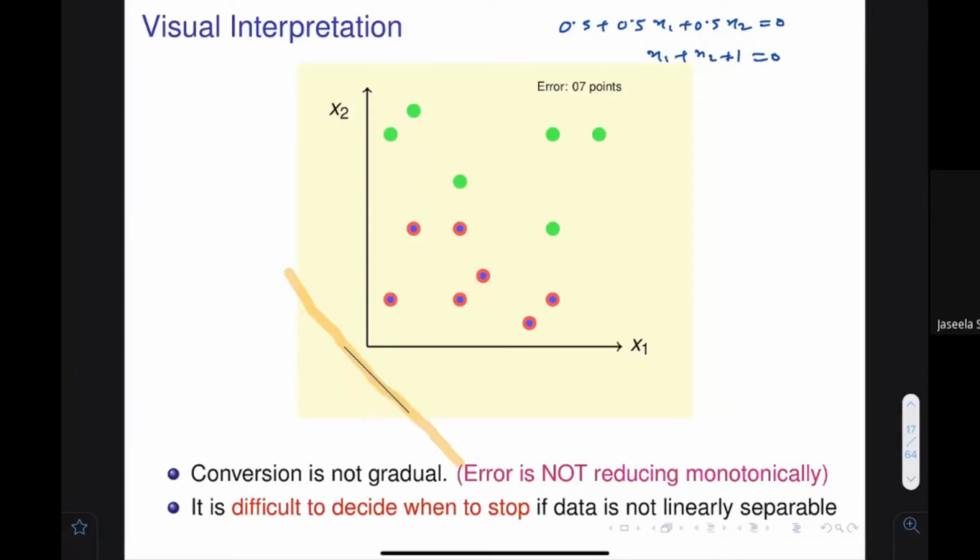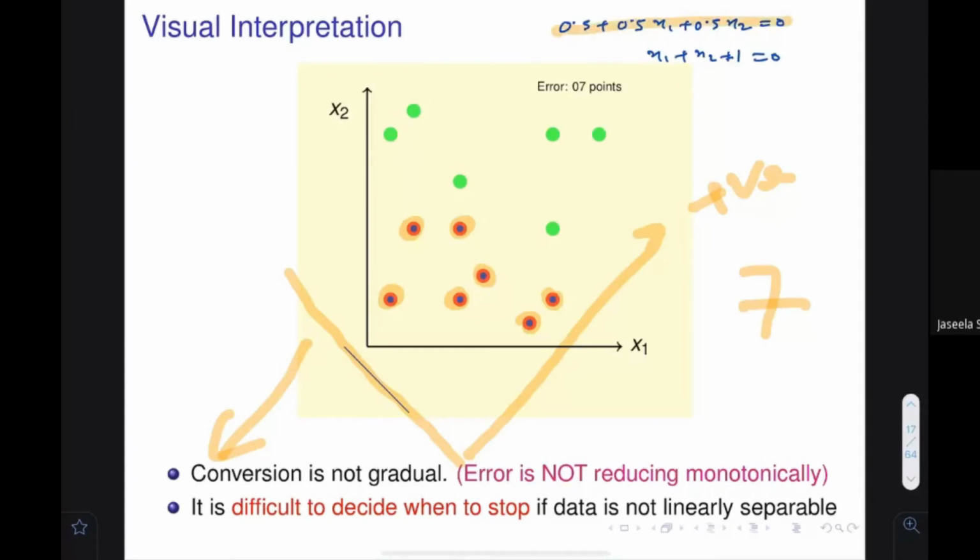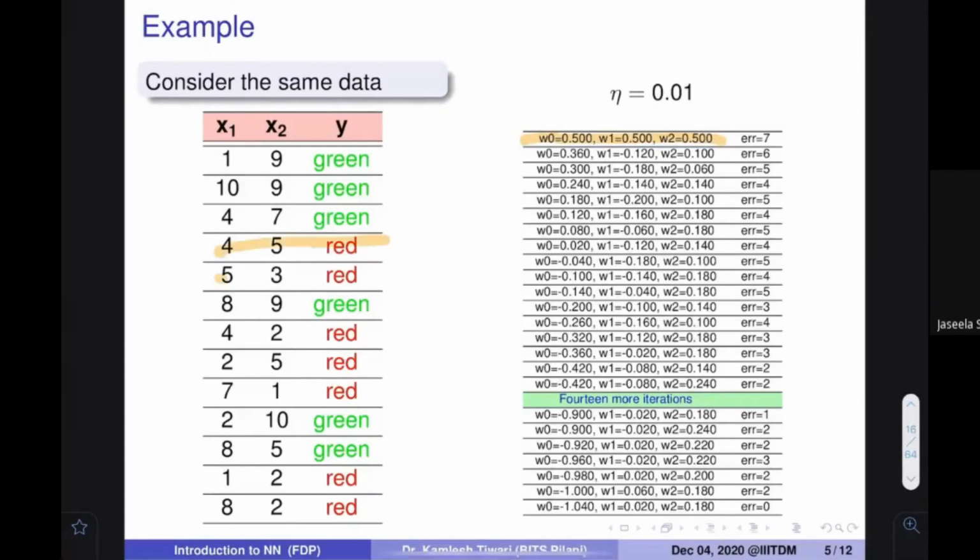Everybody please be with me. This is the equation of the line. Anything above is positive and anything below is negative. You can see that these are the items which were actually negative. These were our data. These items were negative, but they are above the line. Therefore, they have error. How many points have error? Can anybody count? 1, 2, 3, 4, 5, 6, 7. So at 7 points we have error. This part is clear to everybody. If I apply this formula on my data, I have discovered that for all the points where there is red, I am going to have the problem. Make sense? This part is clear?